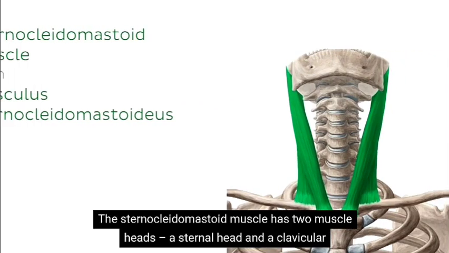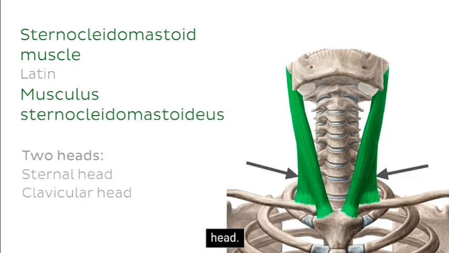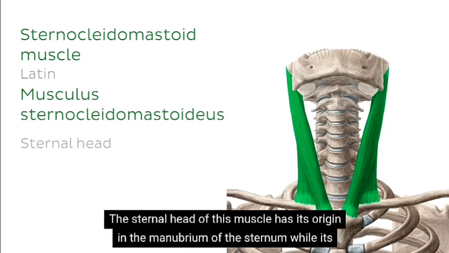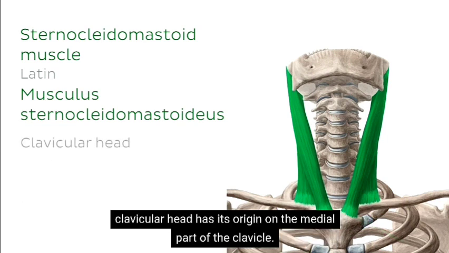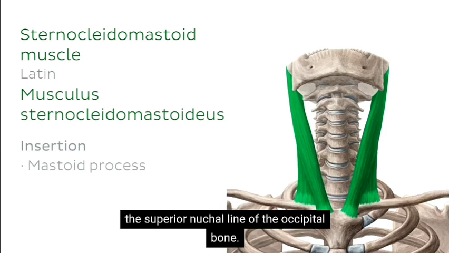The sternocleidomastoid muscle has 2 muscle heads, a sternal head and a clavicular head. The sternal head of this muscle has its origin in the manubrium of the sternum, while its clavicular head has its origin on the medial part of the clavicle. The entire muscle inserts superiorly on the mastoid process of the temporal bone and on the superior nuchal line of